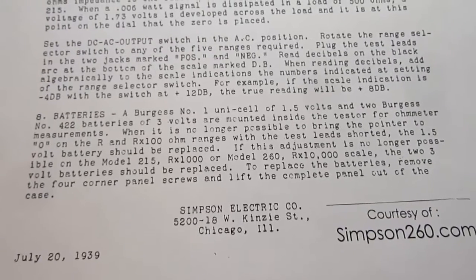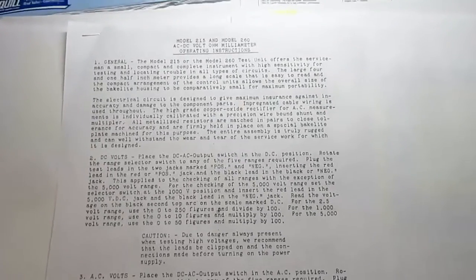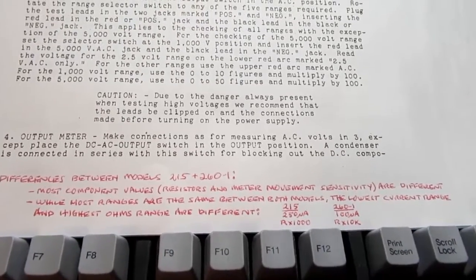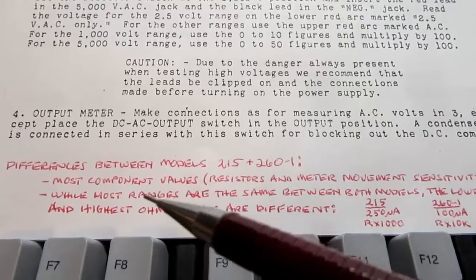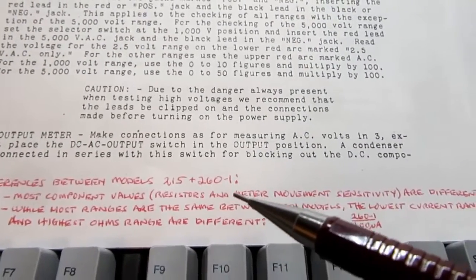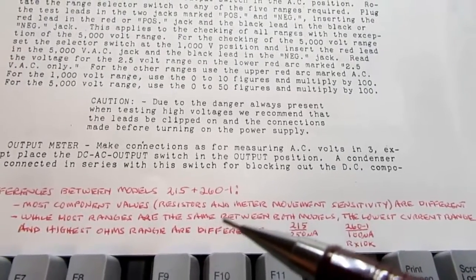So just because this manual applies to both the Model 215 and the 260, and because the schematics look almost identical when given a brief perusal, I'm just going to point out a couple things about the two versions in case anybody gets confused by them. First off, even though the circuit design is identical between the two models, meaning the layout of the schematic is the same,